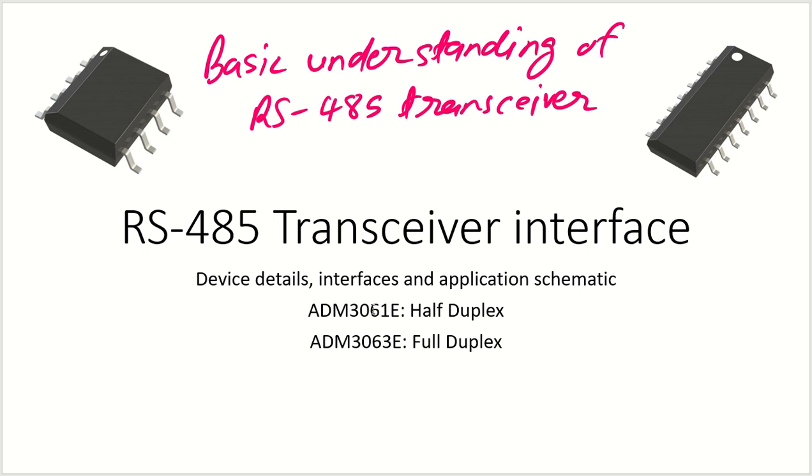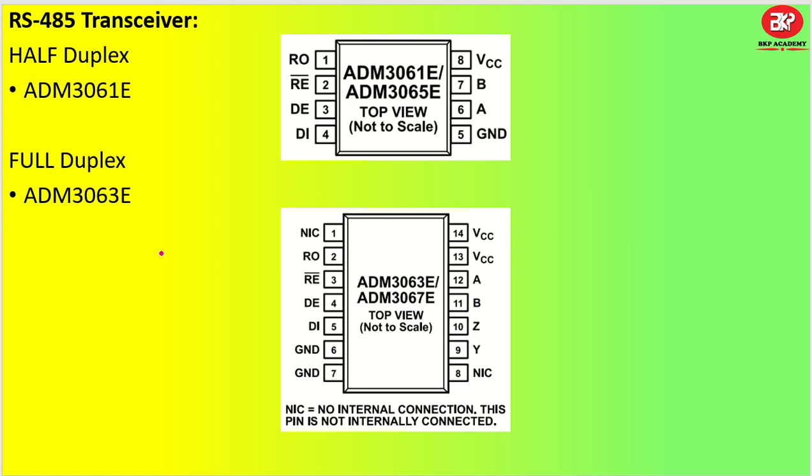As you know, there are several applications where the RS485 communication interface is used because of its robustness, high immunity to noise, and it is very simple to design as well. Implementation is quite simple, and the RS485 transceiver is very popular because of its high immunity to noise, as I already told you. So let us see how we can quickly interface any kind of RS485 transceiver. As you can see, we will have half duplex.